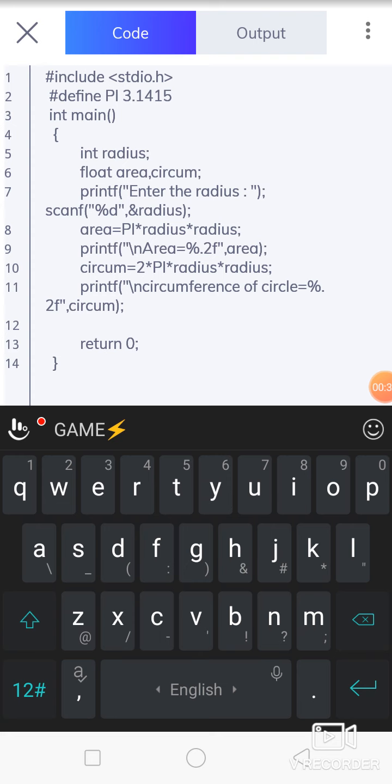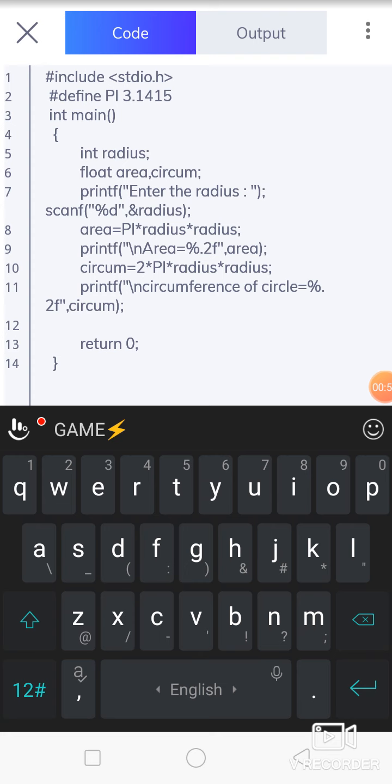For that purpose, pi is a fixed value, that is 3.14 or 22 by 7. That value will be defined as fixed throughout the program. Means by using a constant declaration, we define the pi value as a constant.